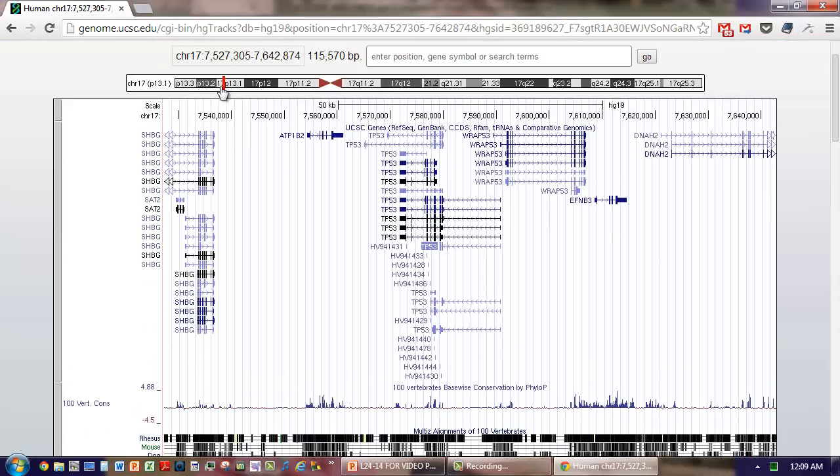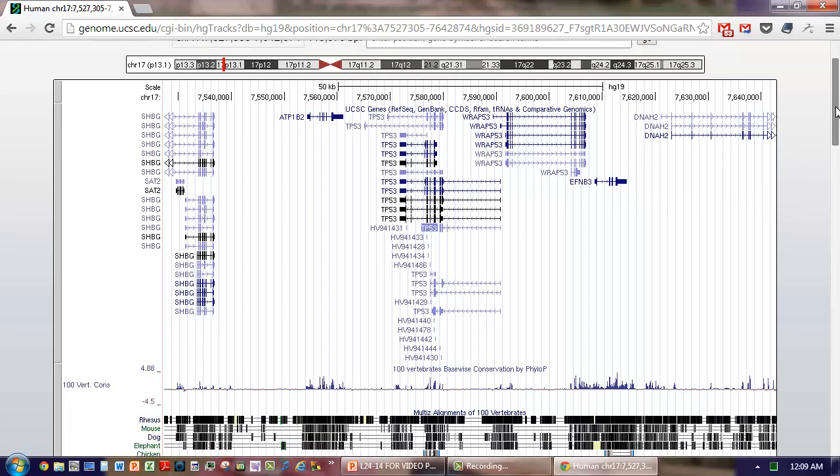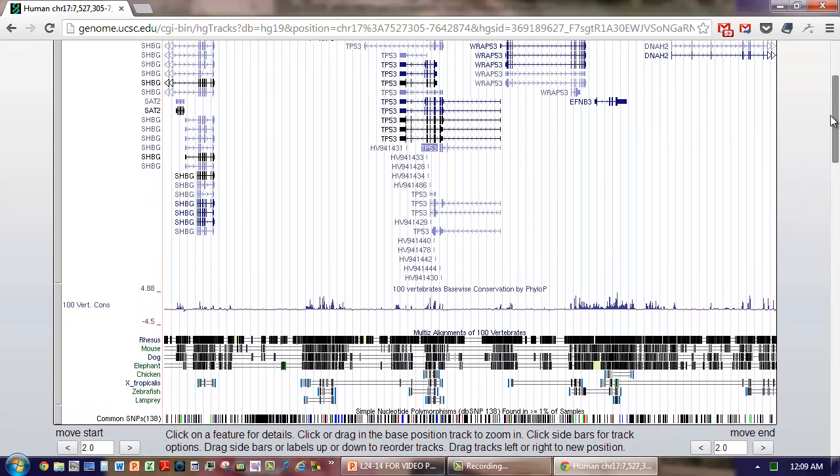We're still in this small area of chromosome 17P. Here we see different splice variants of the protein P53. We see other genes nearby, this WRAP53, ATP1B2, a little further out DNAH2, and this protein called SHBG. And here we see how the